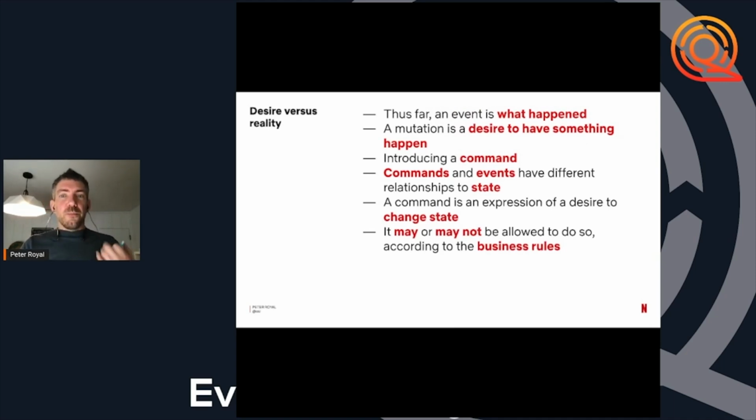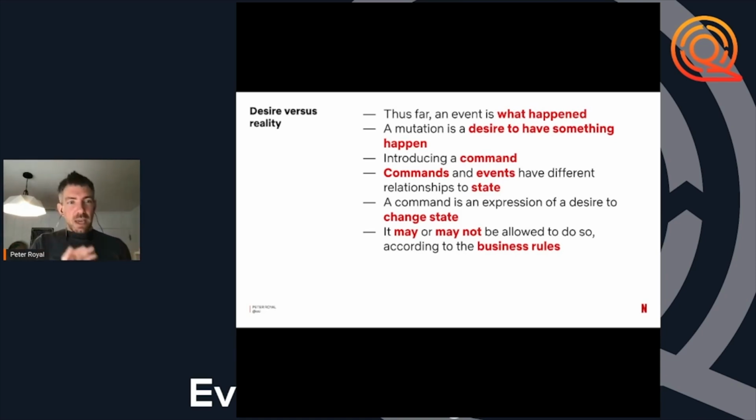So in thinking about how we get there, an event is what has happened. And GraphQL, when it talks about its primitives, talks about mutations being the way that changes are made. A mutation is very much a desire to have something happen. And this is what leads into CQRS, because a desire to make a change is a command.